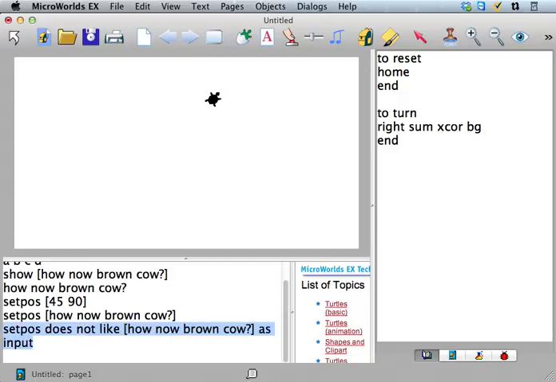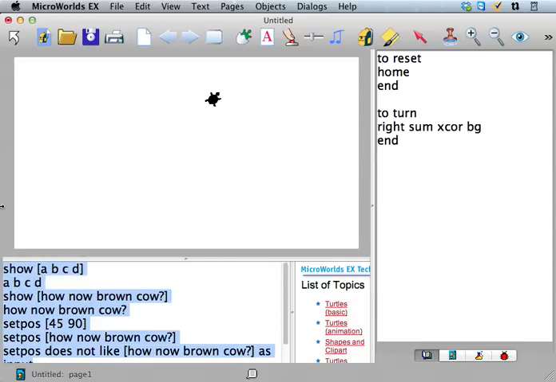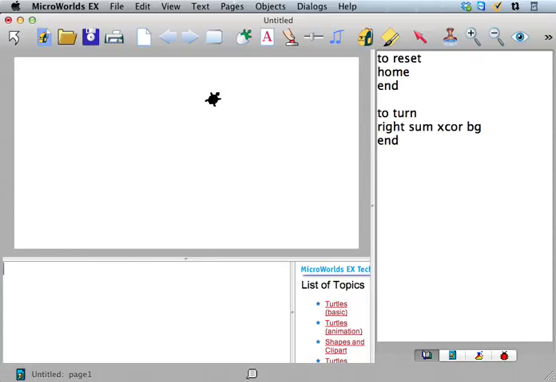All right, so sometimes you need some procedures, and it could be a command or it could be a reporter, but some procedures need, set pause is a command, right? Some procedures need lists, they need special kinds of lists. Like set pause needs a list of two numbers. So there's this special kind of list called an instruction list,